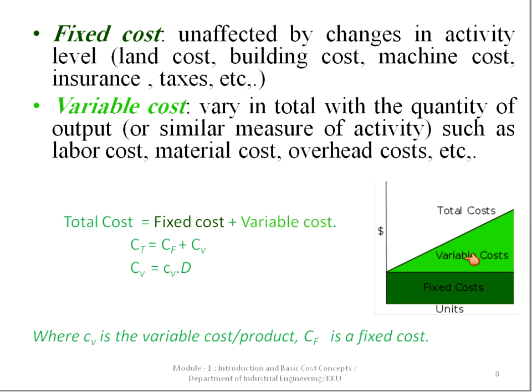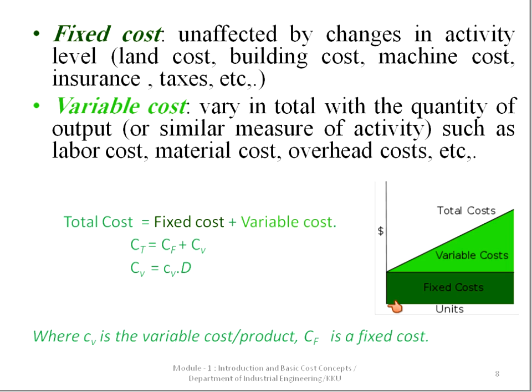When you come down to the graph, please see this graph I have given you on the bottom right corner. You can see the fixed cost line. It is just a horizontal line which is parallel to the x-axis. I've plotted this graph by taking units, which is nothing but output, on the x-axis and cost on the y-axis. I have shown it in dollars. It's just a unit of money. You can take any